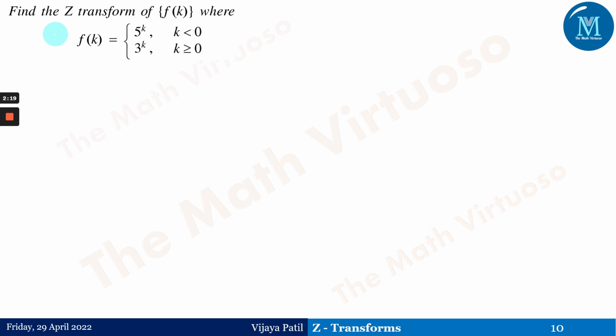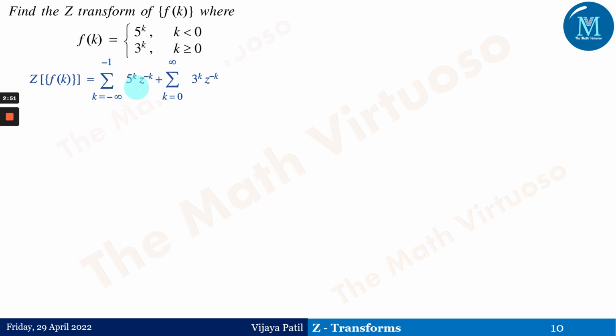Now, first question: find the Z transform of the series f of k, where f of k is equal to 5 to the power k for k less than 0, and 3 to the power k for k greater than or equal to 0. We move ahead with the basic definition. The definition goes from minus infinity till plus infinity, but this function has been divided into two different intervals. For k less than 0, that means minus infinity to minus 1,